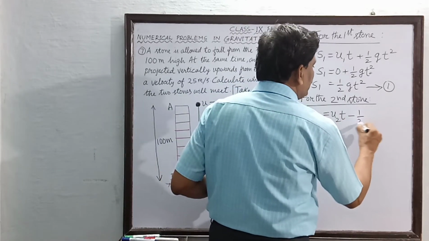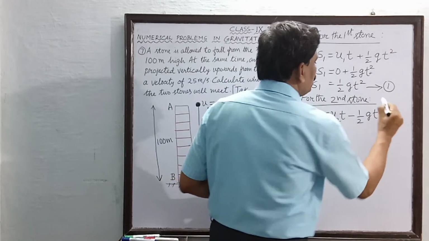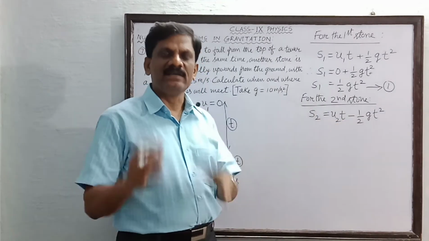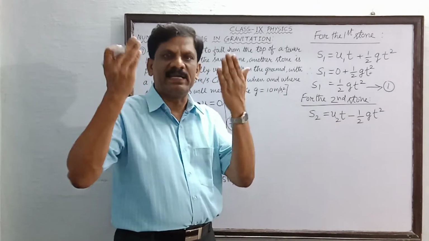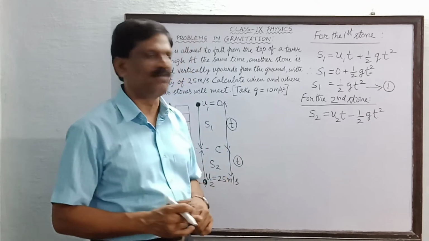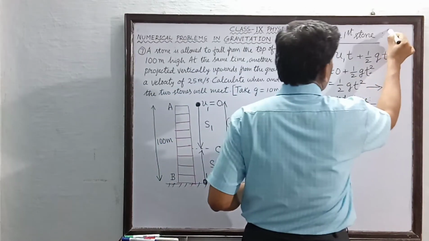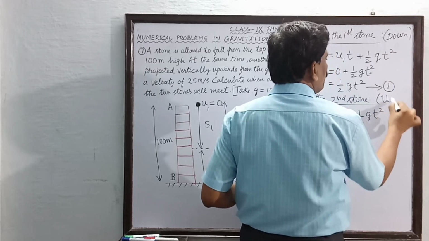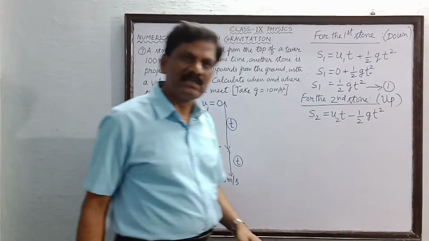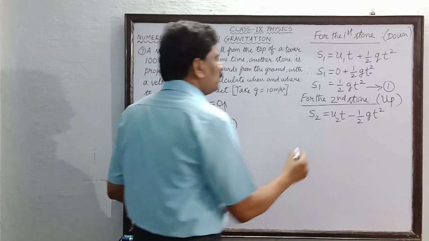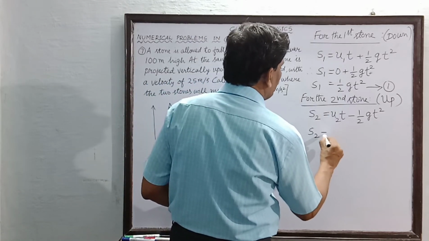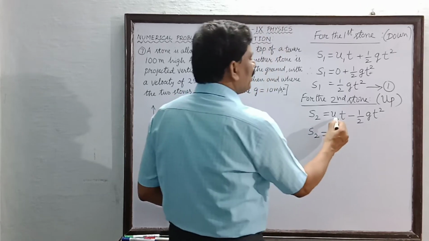Minus half gt square. Why is there a minus sign here? Because the second stone is moving in the upward direction against the gravitational force. Okay students, the first stone is moving down, the second stone is moving up. Now S2 is equal to, instead of U2, what I am going to substitute here,